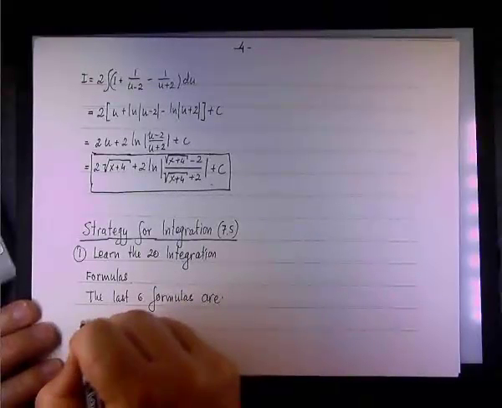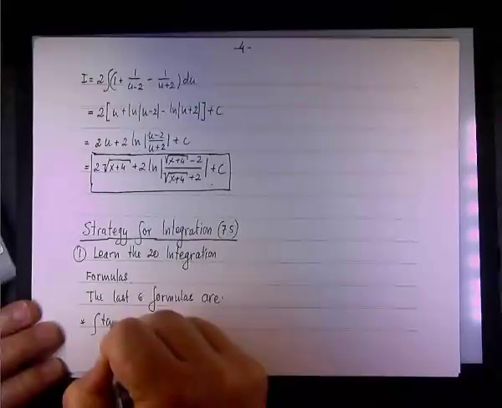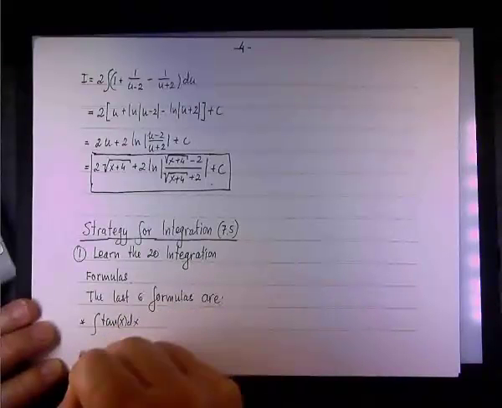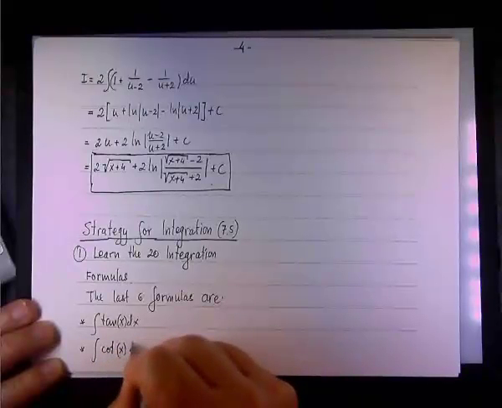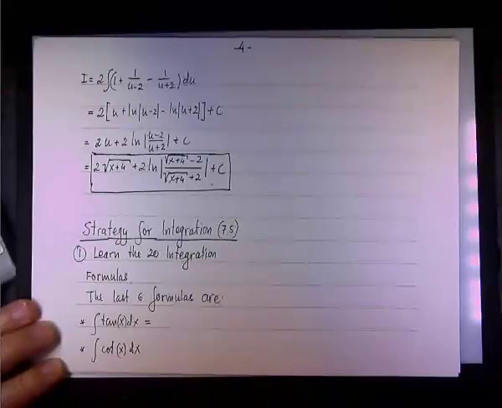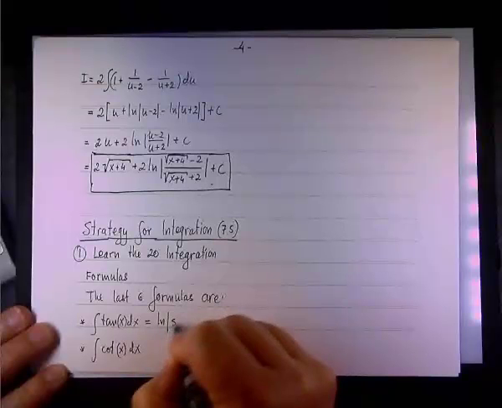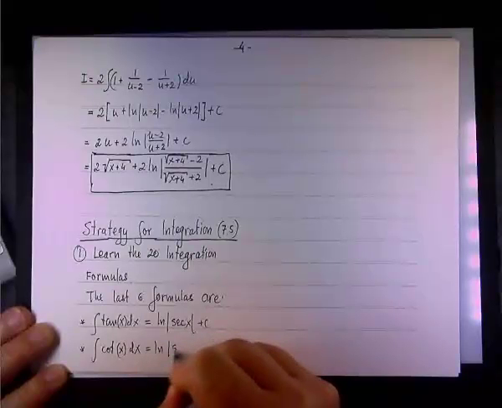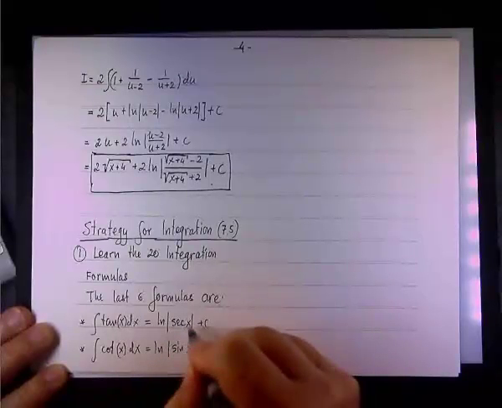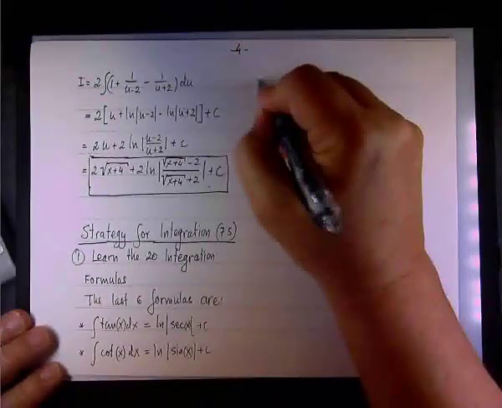Okay, so we have the integral of the tangent, the integral of the cotangent. Do you remember those? The integral of the tangent is the natural log of the secant. The integral of the cotangent is the natural log of the sine. Okay, the next one,